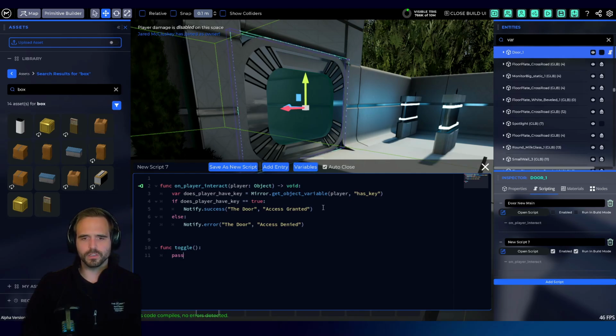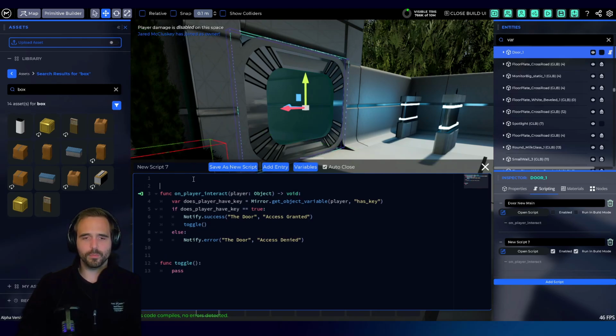And so now what we're going to do is if does player have key equals true, then after the access granted, well, toggle. So that will be pretty easy. We don't need to test that just yet. So what we're going to do now is add a new variable up top, and this variable will be called var is open, and default state is false. Var is open equals false. And so we're going to just do something similar down here. So we're going to say if is open equals true, then position, I should start with false because that's the current state. So if is open is false, then position.x equals position.x